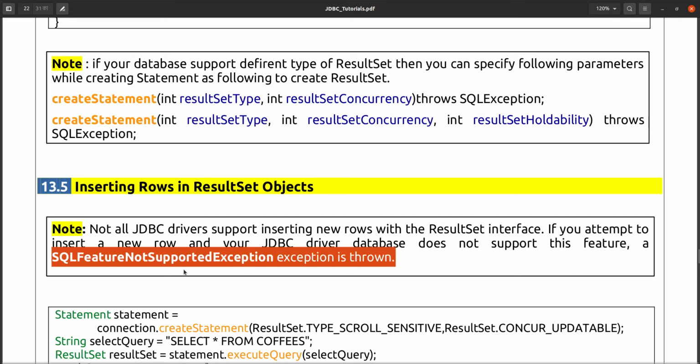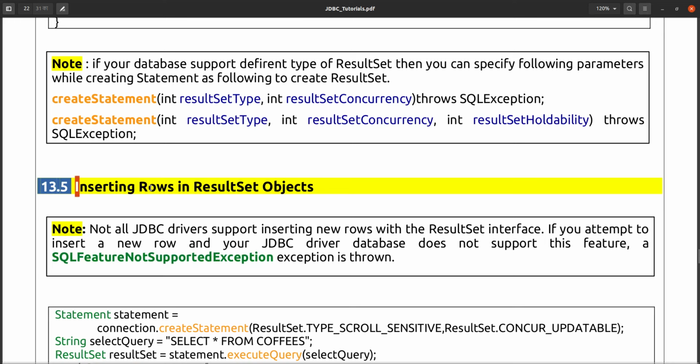And one more thing, your result set should be of type updatable. If it is updatable, then only it will be inserted, and that depends on your database and your driver implementation, whether your driver or your database is supporting that feature.